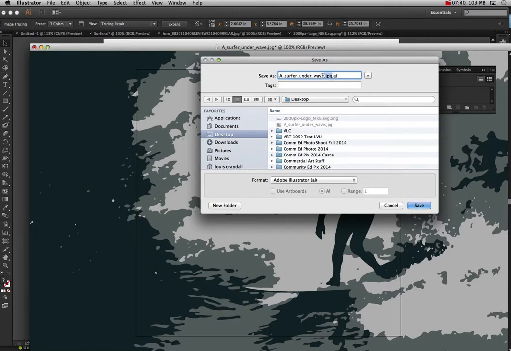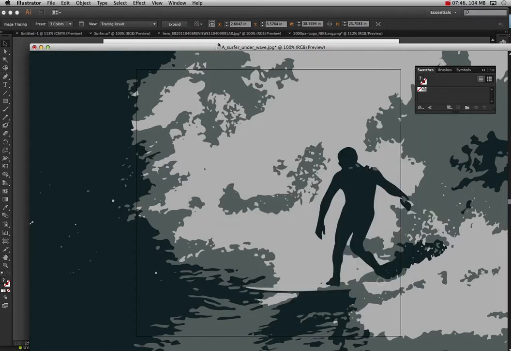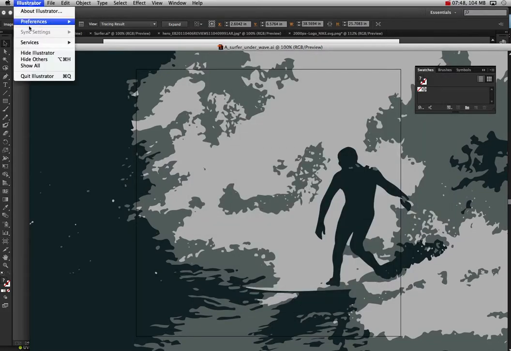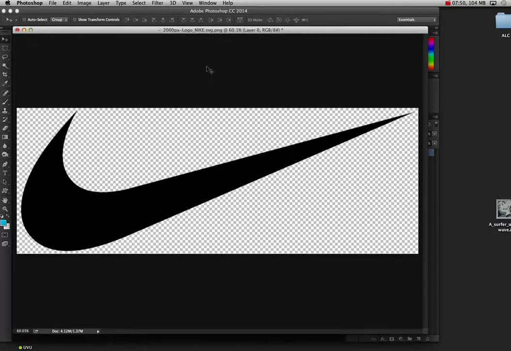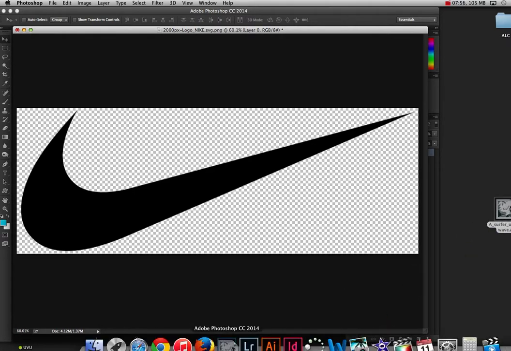I'm going to take out this .jpeg. I'll just leave it as wave, surfer under wave or whatever on my desktop for now, and get it saved. And sorry for a little confusion there. Hide Illustrator. Go to Photoshop. I've got to open that under the wave guy into Photoshop,